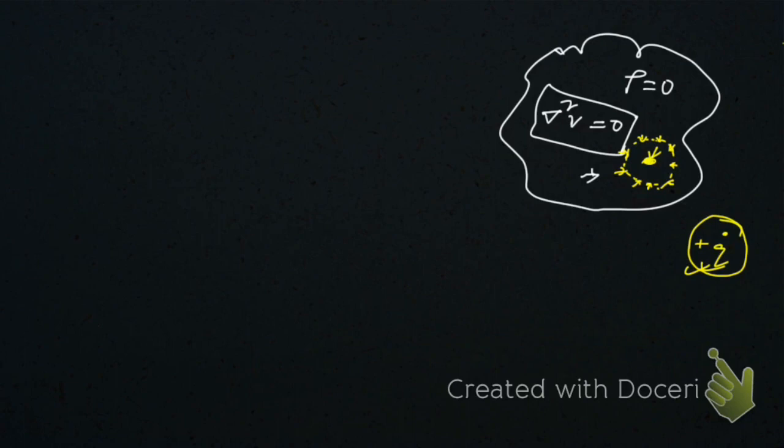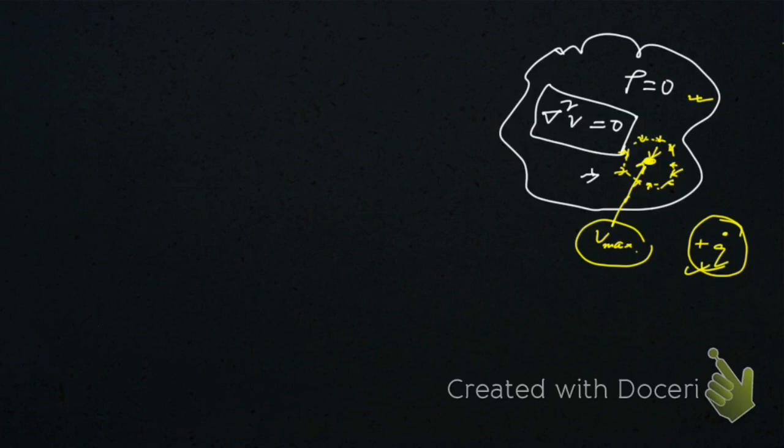So that means the potential within this region cannot be maximum or minimum. That means throughout the whole region the potential should be the same. Because suppose at this point the potential is maximum. If it is maximum, then it cannot be equal to the average of the potentials at all the points on the surface around this point. Is that clear? I hope this is clear.